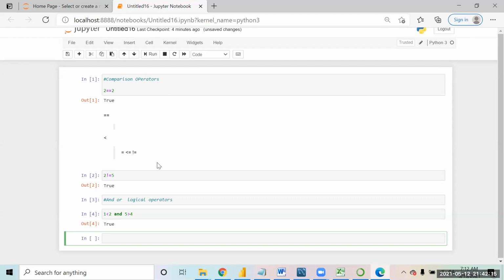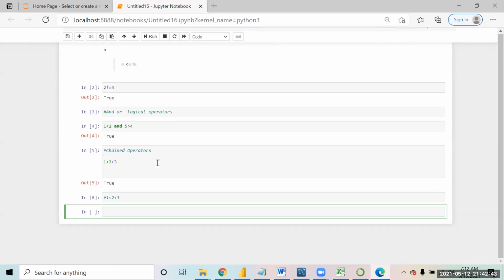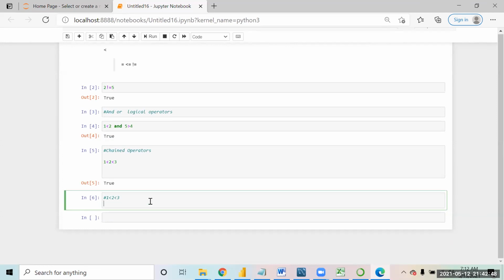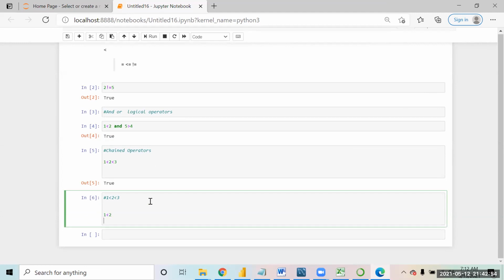There is also something called chained operators in Python. Suppose I write 1 is less than 2 is less than 3. There are two conditions here, and this is called a chain. The output will be true. How this works is that we first check 1 less than 2, and then we check 2 less than 3.